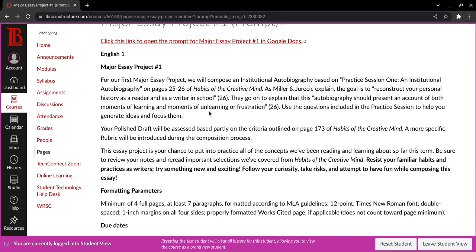So what we're trying to reflect on is our experience with reading and writing in school in particular. So we want to think about what were the formative experiences that we've had in school with reading and with writing. Was there a special teacher, a particular teacher that really played a significant role in your development as a reader and as a writer? Was there a particular assignment or project you worked on in school? So whether that was in elementary school, junior high, high school, or even college, a significant project that really influenced that.